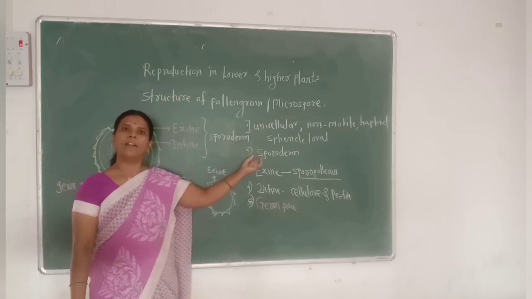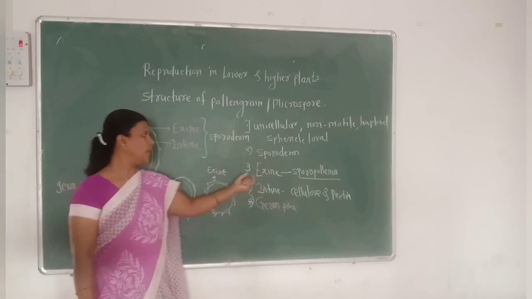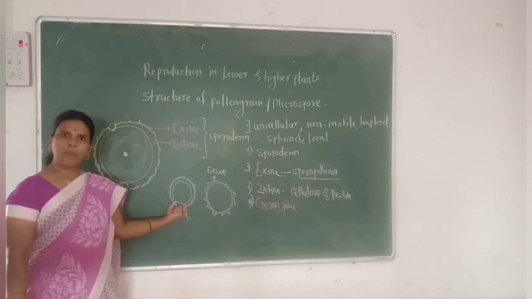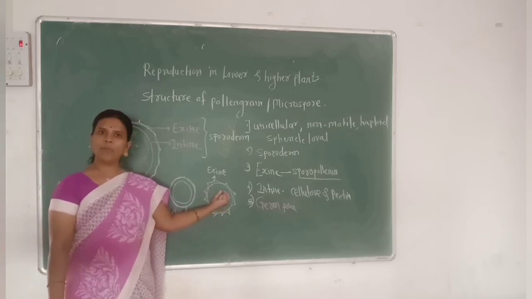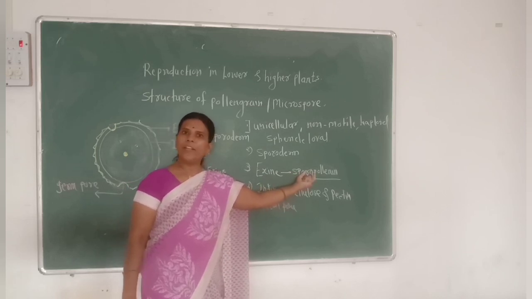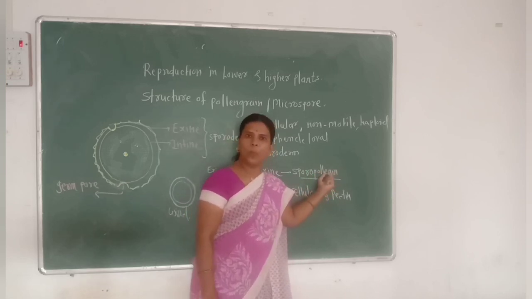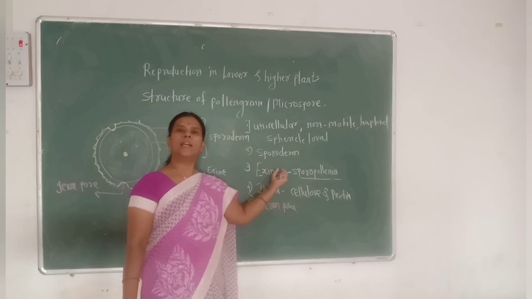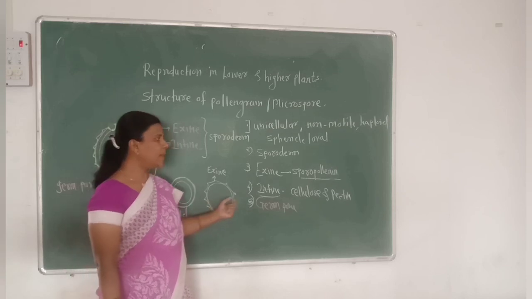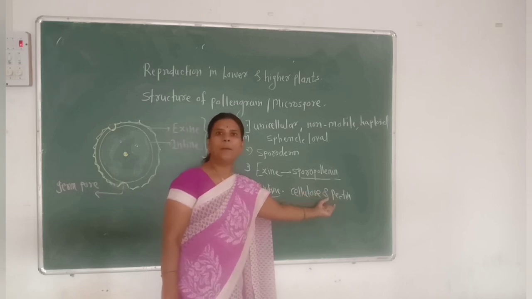Pollen grains are double layered structures. These two layers are commonly called the sporoderm. The outer layer is called the exine. It is smooth walled in anemophilous types of plants, while it is spiny in entomophilous types of plants. Exine is composed of a chemical non-biodegradable substance which is called sporopollenin, and this sporopollenin protects the pollen grain from biological and chemical decomposition. The inner layer is called the intine. Intine is an entire layer, and it is composed of cellulose and pectin.